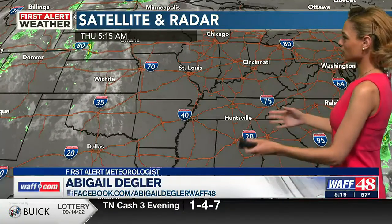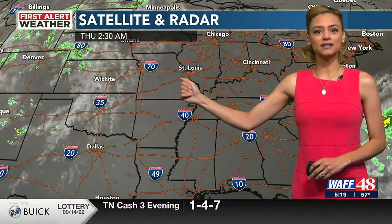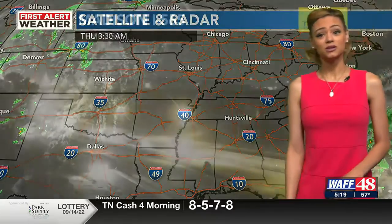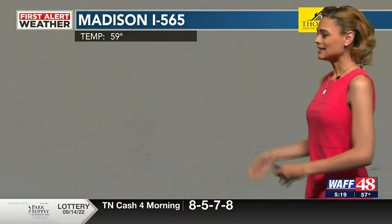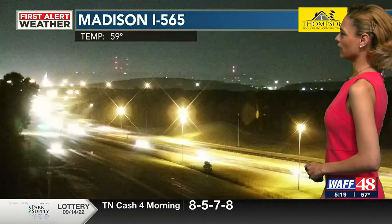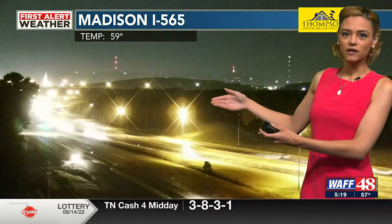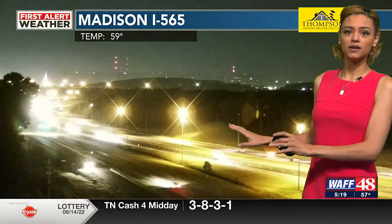Clear skies as we look towards satellite and radar. All of that moisture mostly off to our west and off to our east. We are dealing with high pressure and mostly clear skies throughout the day today. This camera has been finicky this morning. There it is. Okay, so as we look outside, noticing a little reflectivity, some fog around the area, mostly over